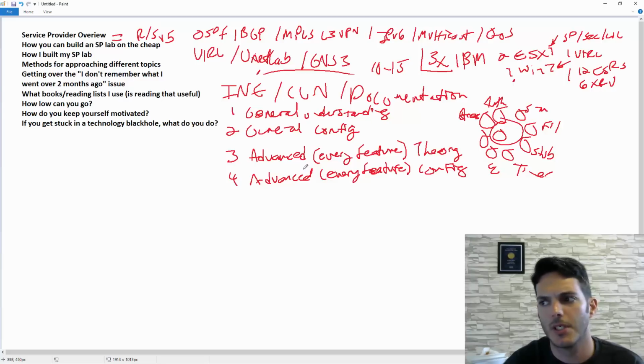BGP, MPLS, L3 or L2 VPN, intra-AS, inter-AS, multicast, whatever. It doesn't really make much of a difference. Know all the, I call them nerd knobs, or actually, for those of you that want to know the difference